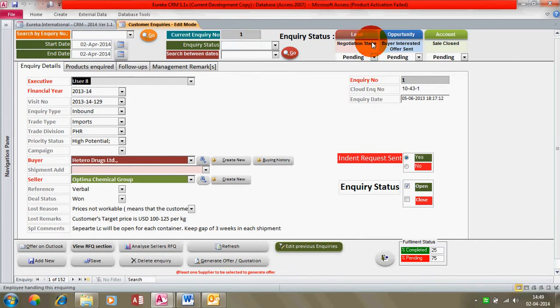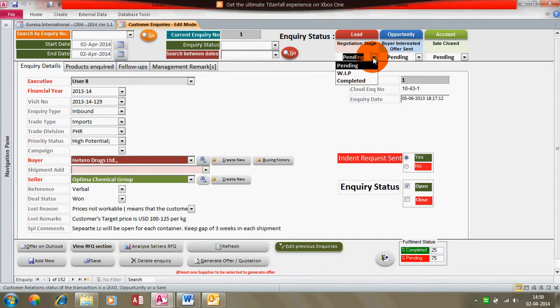By default, all the three stages have got a pending status. Each stage has three predefined status messages: pending, work in process, that's WIP, and completed. Pending means the work hasn't begun.